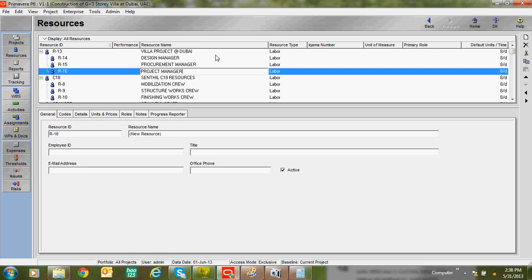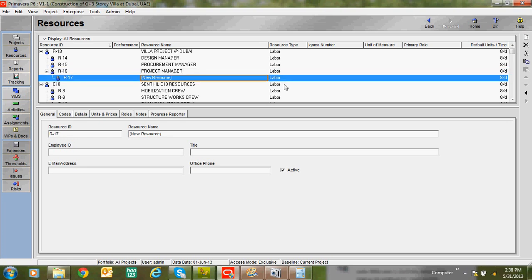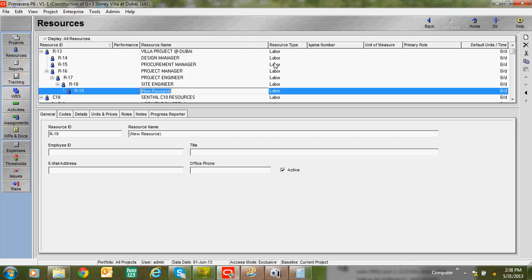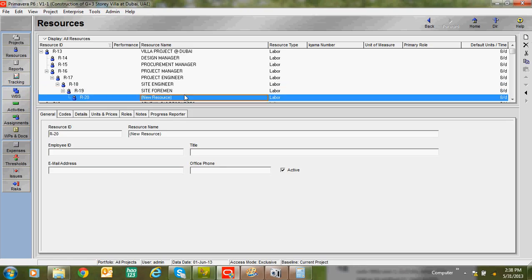project manager. Under project manager you can add project engineer. Under project engineer you can add site engineer. Under site engineer you can add site foreman. Under site foreman you can add carpenter. New, mason,